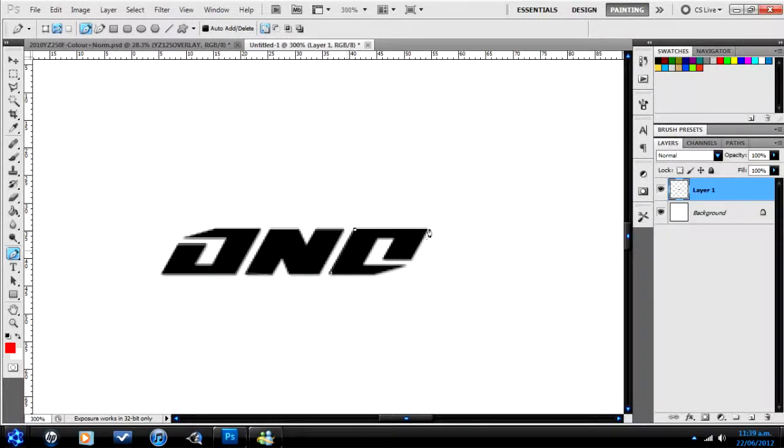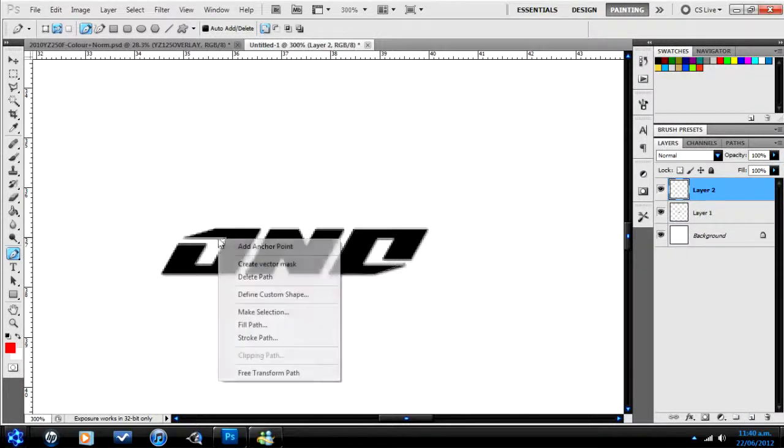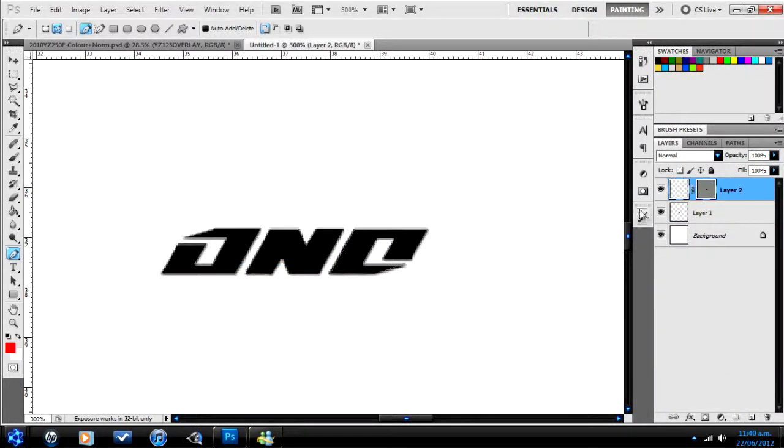Pretty much what a vector mask does is when you rescale, because normally you're going to have to scale your logos up or scale them down, size wise, so that they fit on your shrouds better. And when you do this, you'll find they might lose their original shape. So now that we've done that, we'll click new layer, right click, create vector mask, and we will paint the